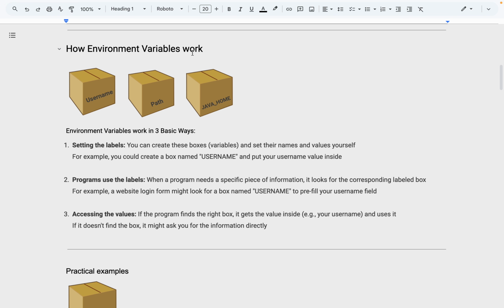Here the environment variables work in three ways. The first thing is setting the label. You can do this yourself like I did just now, or it will already be set by the system. There are some default environment variables on your system which are already set, but you can also create and set these variables. So first you create the variables and set the value, and then the programs use these labels or variables. Whenever a program needs specific information, it will go to that particular box or variable, check for the information, and finally access the information